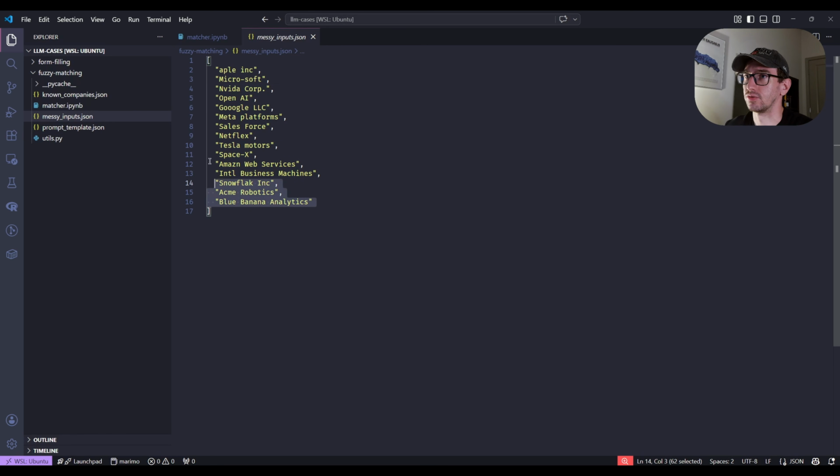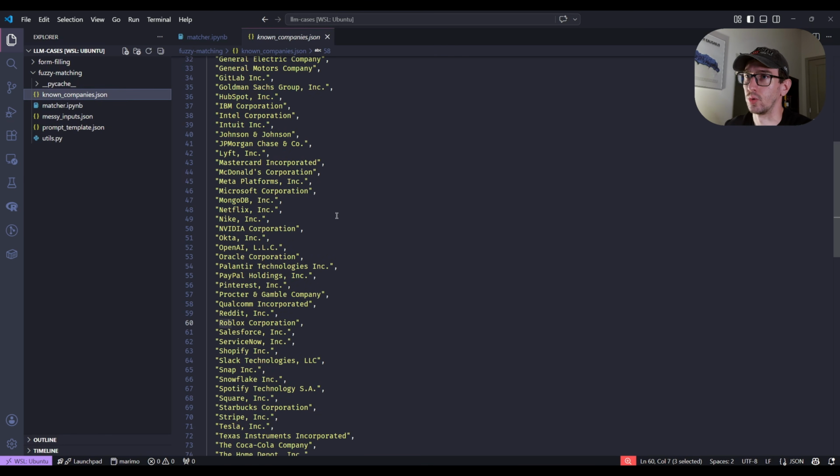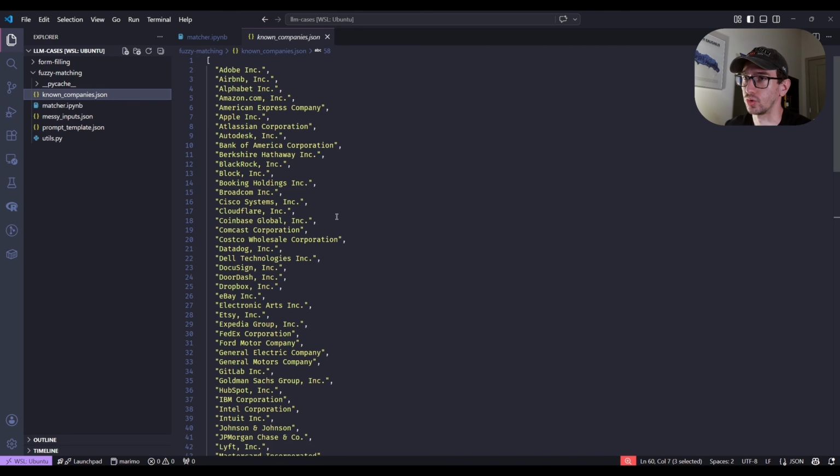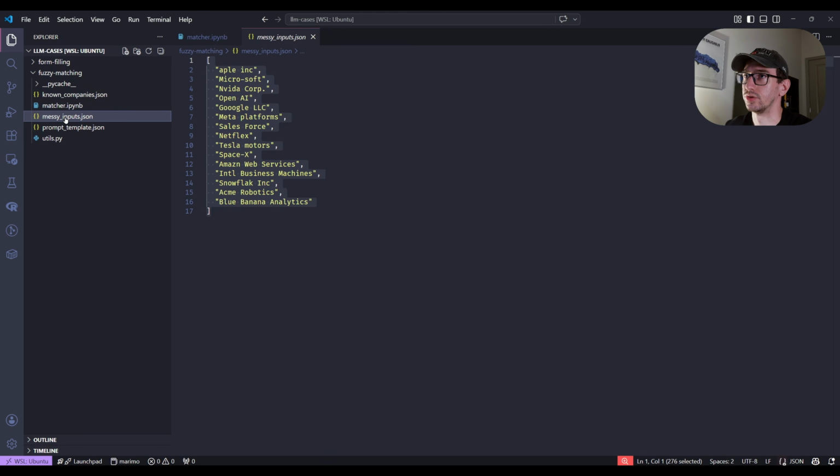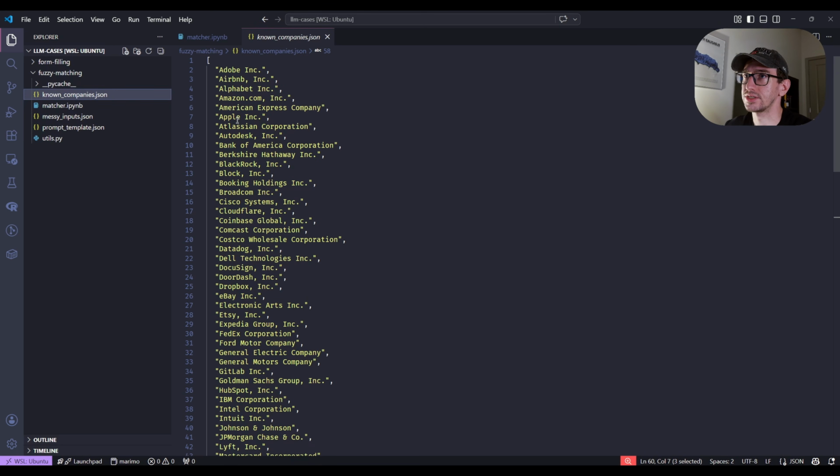So this is a list of messy input, and at the same time we have known companies. So this is a list of known companies, and we want to check whether the input by the user is inside of our known companies. So for example, if we take a look at the messy input, there is Apple Inc. And if we go back to known companies, there is Apple Inc., but the way it's written here is more accurate and more proper. So the idea is to match them